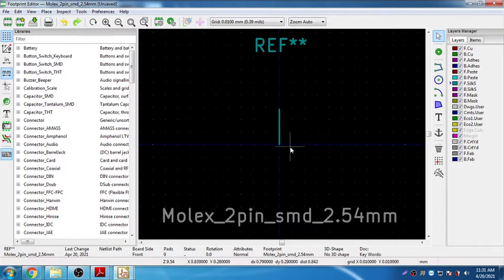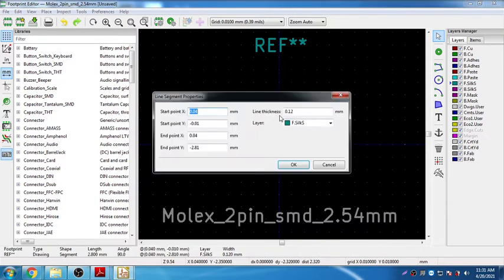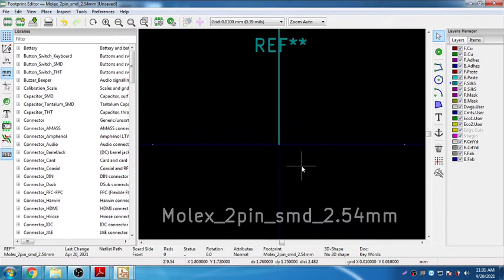This is x0 y0, and this point is x0 y minus 13.6. The upward is minus, the downward is positive here. So I am going to draw that again: x0 y0, x0 y minus 13.6. So this is the line.